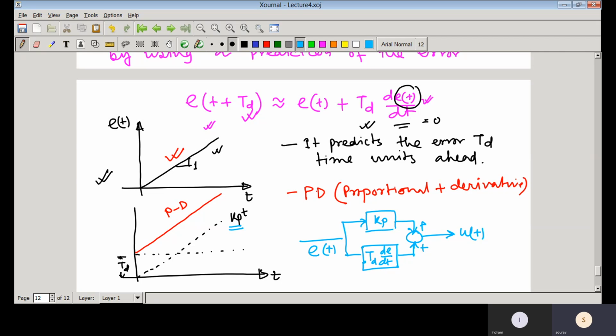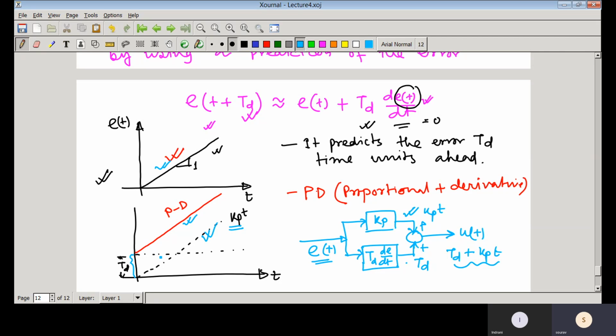So here you can see that whenever the error signal is this one, you have Kp into t, so this one is that one, and what would be the output here as error equal to 1 t, then that would be equal to Td. So basically u(t) equal to Td plus Kp into t. So these things I have plotted here. So there is a shift here, that is the Td shift.